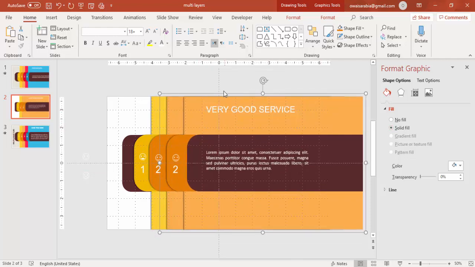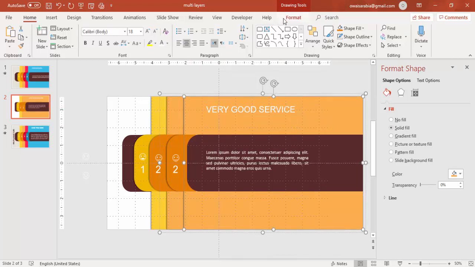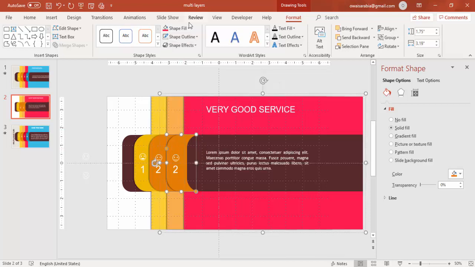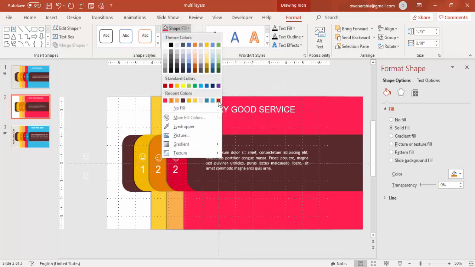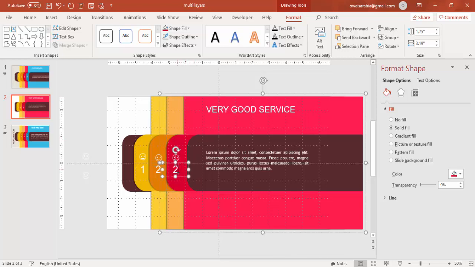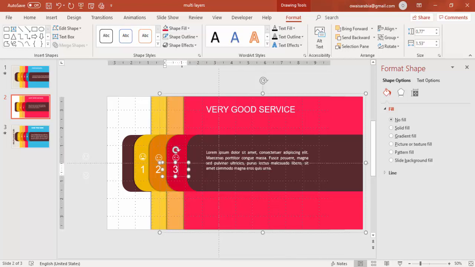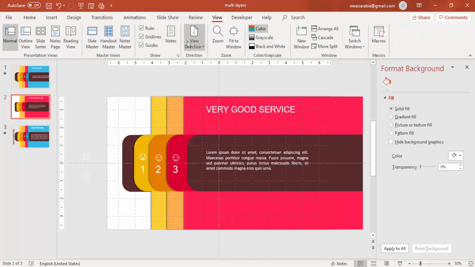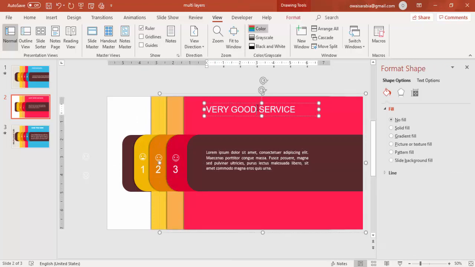So here also I'm just going to change the color. I'm going to use some pink, and this would be a dark pink. I will change this to 3, and likewise you change the icon also. So I'm not going to change the icon. So let me just remove the grid line so that it will be very much clear. So this is my first, this is my second, this is my third. I will just say good service only,